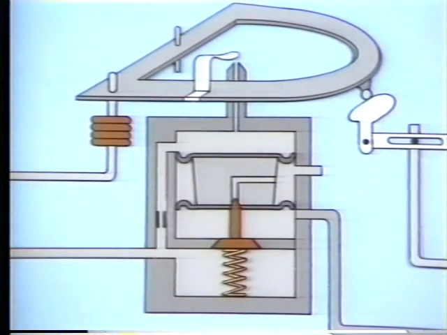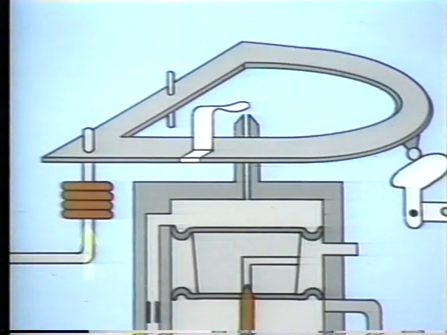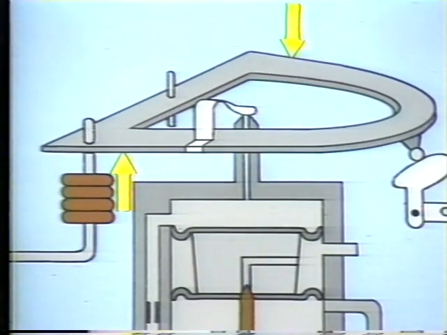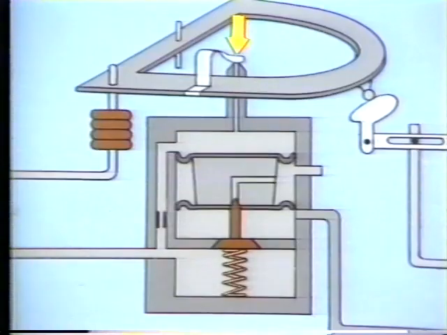Now that we've identified the major parts of this relay, let's see how they work to position the actuator. Assume that control air increases. This causes the bellows to expand, moving the balance beam and positioning the flapper closer to the nozzle. When the flapper is closer to the nozzle, pressure in the nozzle back pressure chamber increases until there is a